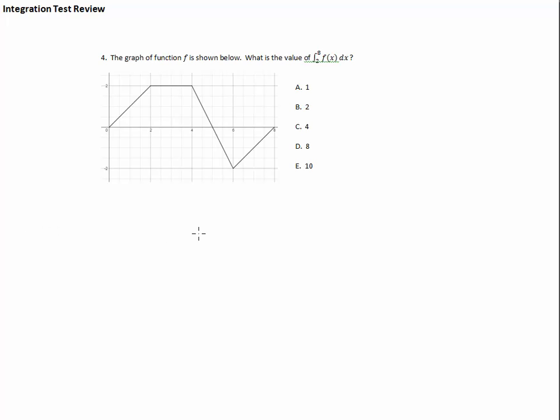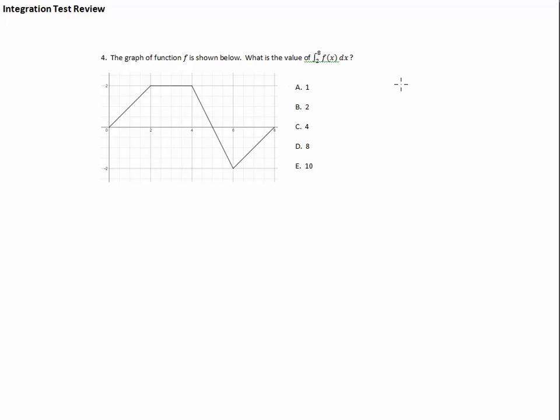The graph of a function f is shown below. What is the value of the integral from 2 to 8? Now, from the previous three problems, we were dealing with area, or at least the first two problems we were dealing with area. And area is always positive, so our answers were always going to be positive. Even if we came up with negative values, well,